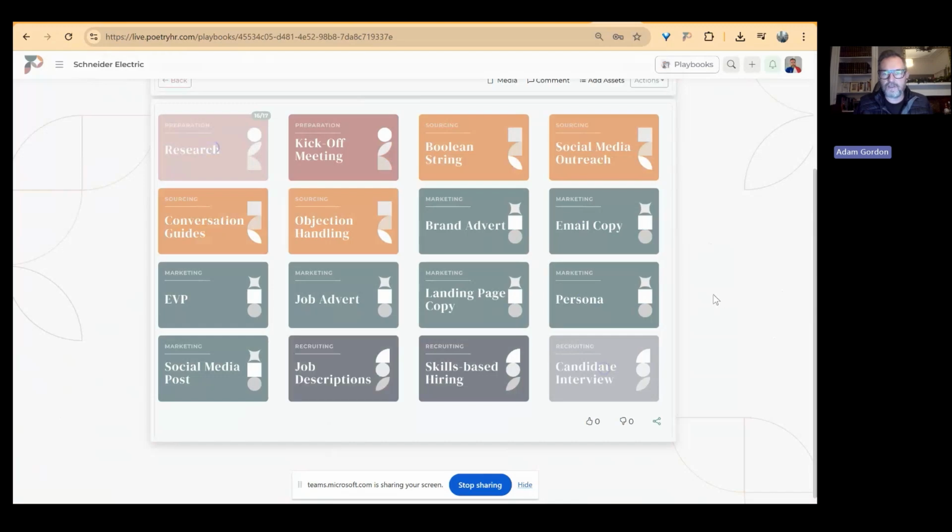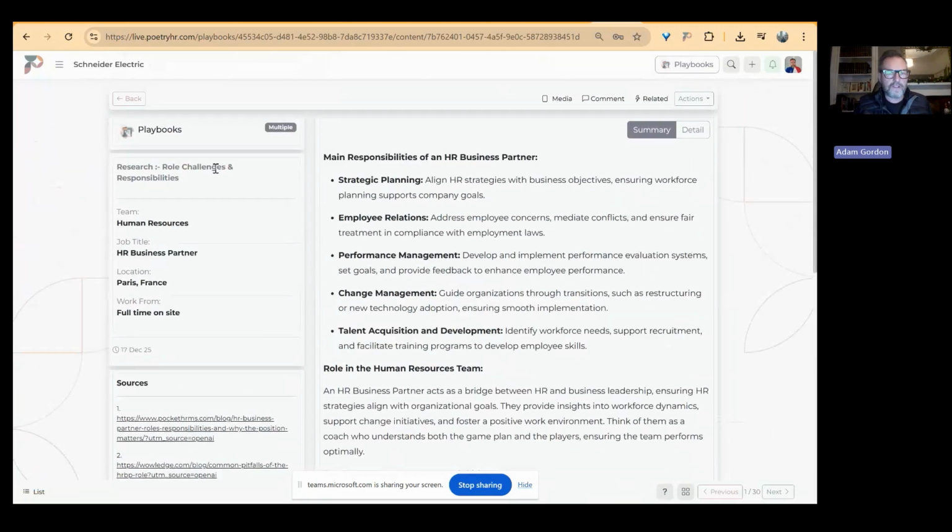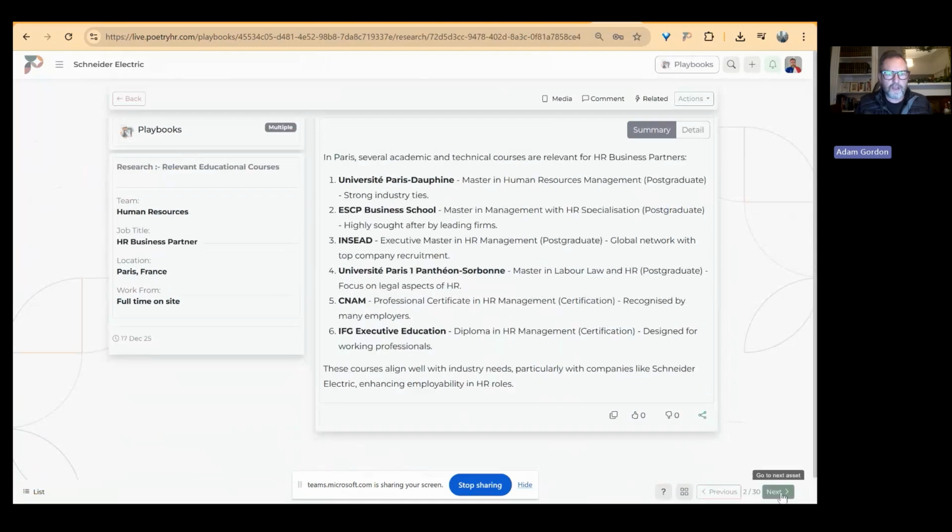If you've got this connected to your ATS, this will create simply on a trigger from the ATS, setting up the rec, and it will send it straight into you on email within 2 minutes of you setting up the rec. So here's what's included: the challenges and responsibilities in this job, relevant courses in Paris related to this job,